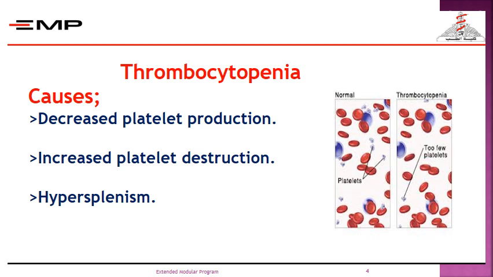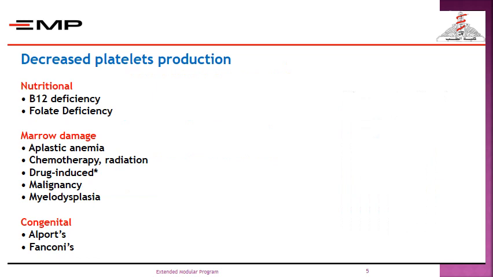Causes of thrombocytopenia. Thrombocytopenia can happen due to decreased platelet production from the bone marrow, increased platelet destruction in the peripheral circulation, or due to hypersplenism. Decreased platelet production from the bone marrow may be nutritional, as in B12 or folate deficiency, or marrow damage, as in aplastic anemia, chemotherapy, radiotherapy,